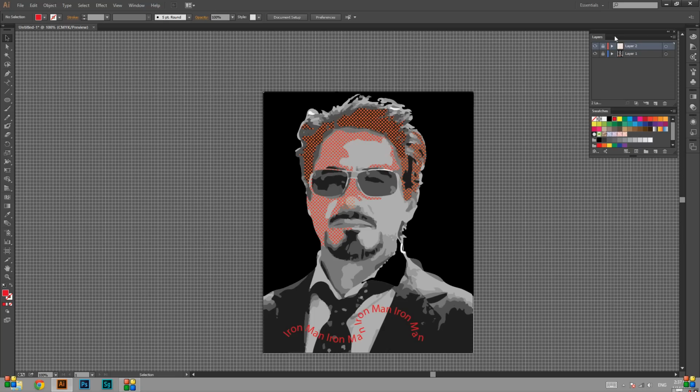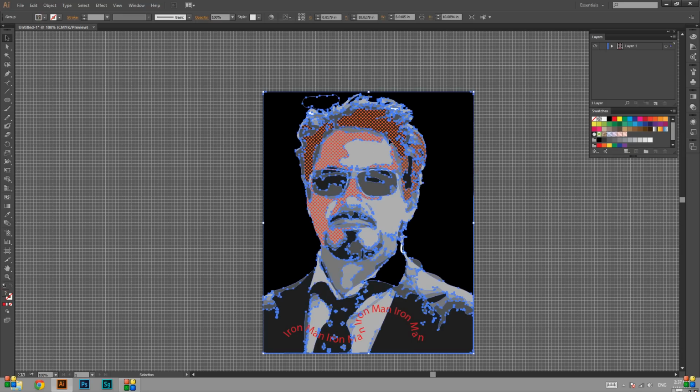And also, when you save your file, you see how there's this weird stuff right here? Well, if we don't want that, just go ahead and delete the layer with the pattern that you made, and nothing should change. And there you have it, your portrait of what was it called? Oh, it's locked. The expand and stuff, and we used the type on a path tool. Hope this helped